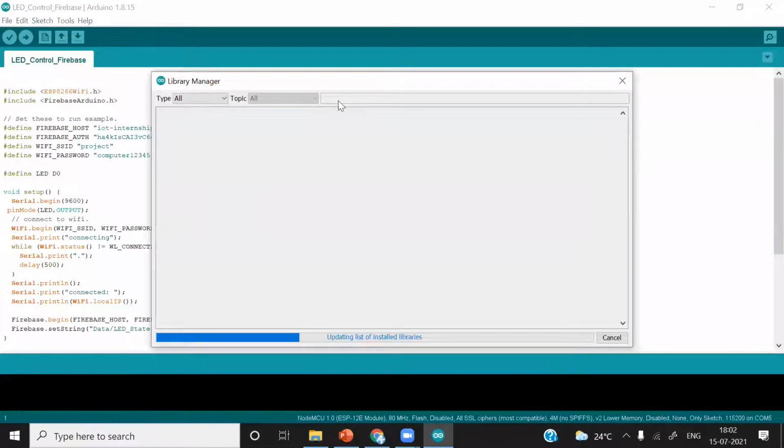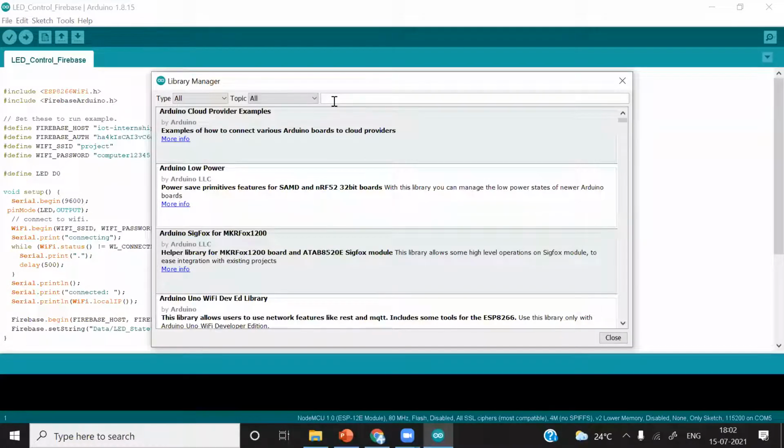The very important thing we talked about is which version of JSON and the ESP8266 board to install, because other than these versions of libraries and board will not support the Firebase cloud platform. So the version of these libraries is very important. The first one is JSON.